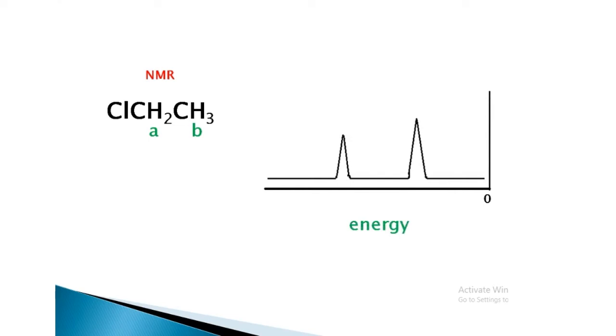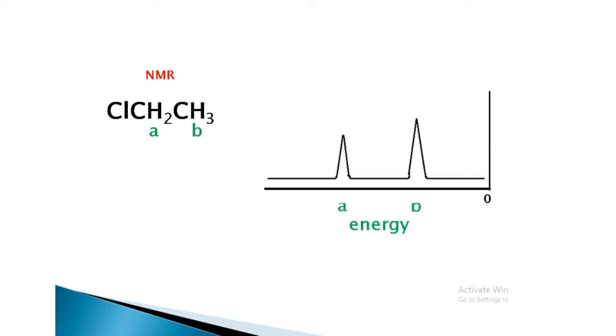Let us say you have a molecule like this right here and we put it into an NMR, and more specifically an HNMR spectroscope. So we want to see the different types of hydrogen. We already saw that the number of hydrogens corresponds to the number of signals in HNMR. So we would expect this to be the A-type hydrogen and this to be the B-type hydrogen, which means so far this is what its HNMR would look like if we have energy on its x-axis. Here, we would expect to see two separate peaks, one for each hydrogen.